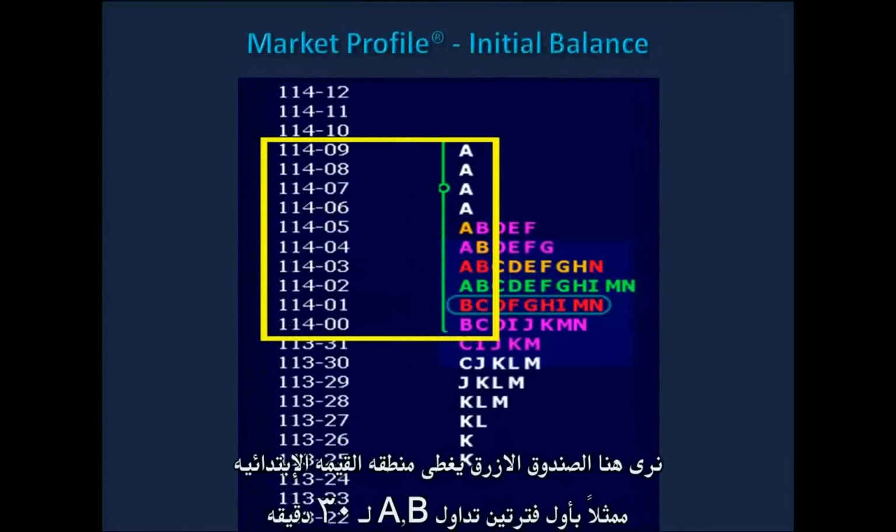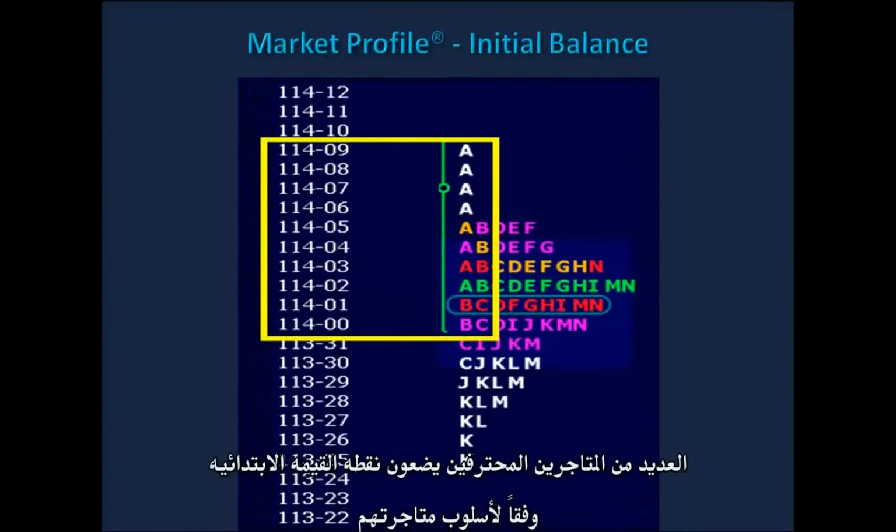Here we see the yellow box designating the initial balance, represented by the first two 30-minute periods, A and B, of the session. As a point of interest, many experienced traders